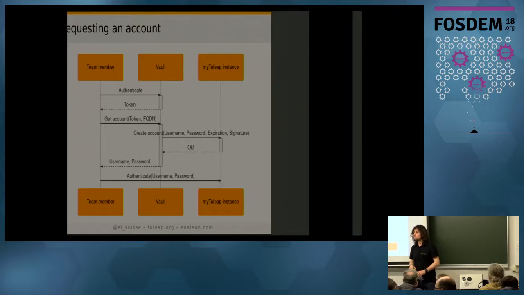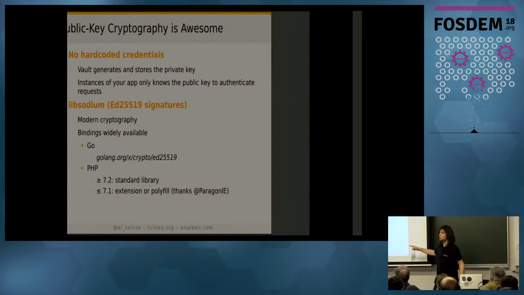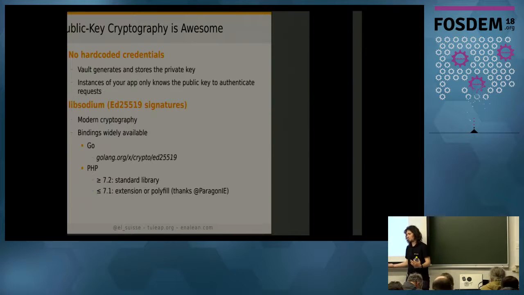So, can you explain how you did the secret introduction into new customers? Basically, we don't care. It's just the public key. Even if the public key leaks, we can revoke it, but it's a public key, so we can even display it on the internet. We don't care because with the public key you can't sign the request as if it were coming from Vault.